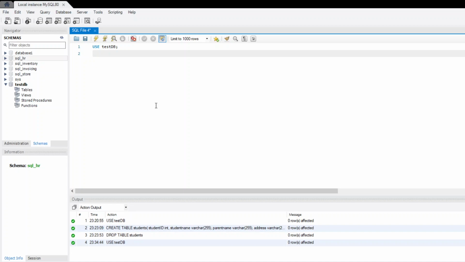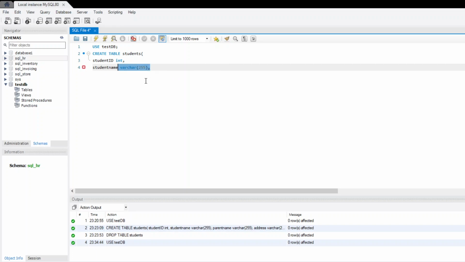So for creating the table we have to just write create table, then table name students, then opening bracket, then we will put all the columns name here like student id which is of integer type, then comma, then student name, then its data type, its length, and then comma.